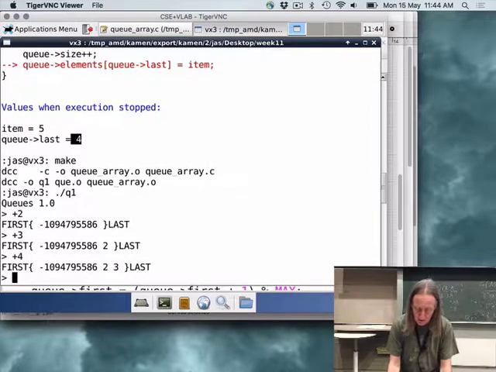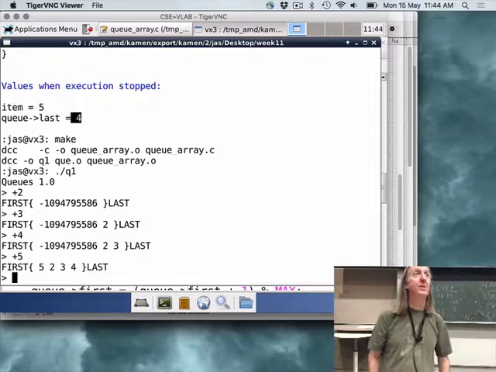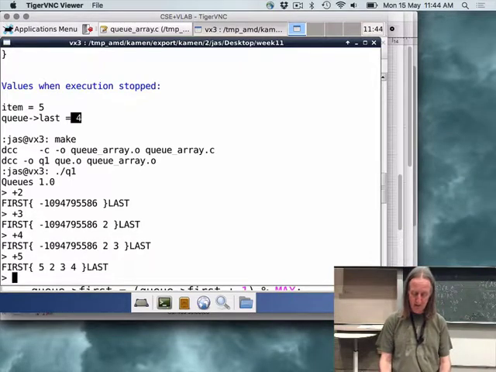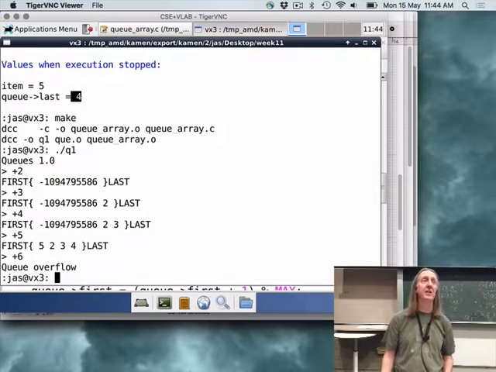Okay, so this problem is still there. So we wrapped all right. And of course, if I try to add anything else, it should complain because the array is now full, the size is 4, and it'll tell me Q overflow.